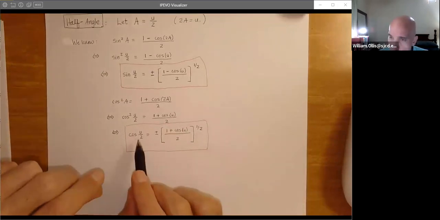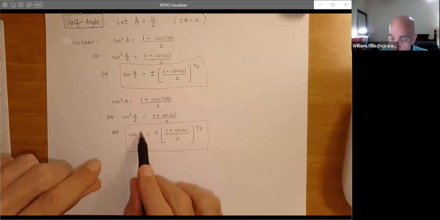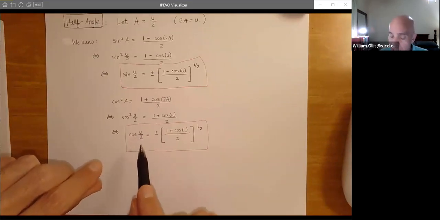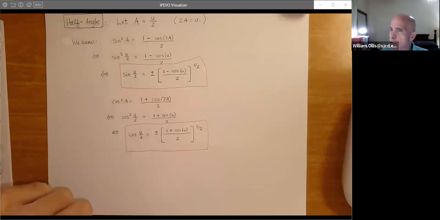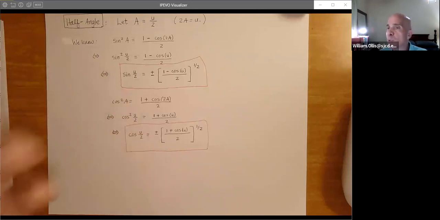Again, if you use this formula, you figure out where u divided by 2, the half angle, terminates. That will allow you to pick the sign. There's no guesswork here. That's why I keep saying that we started with the unit circle to establish the what? To establish the what? The arithmetic, okay?